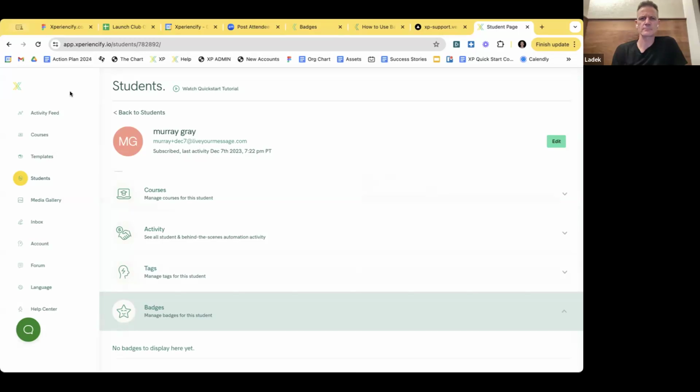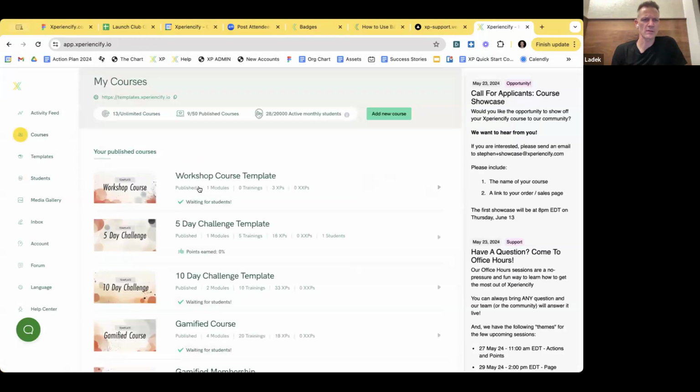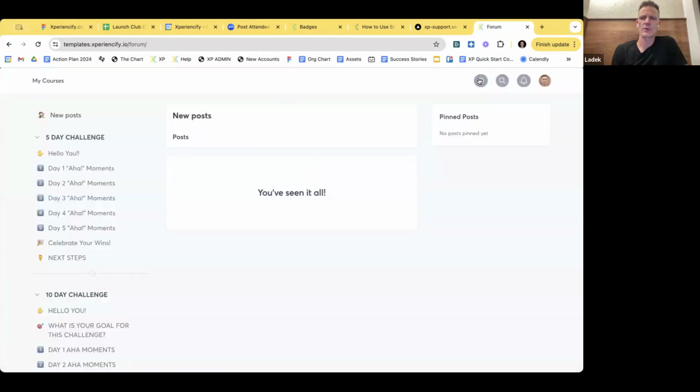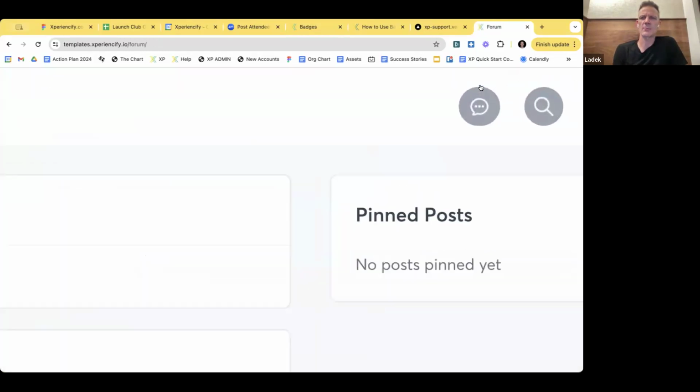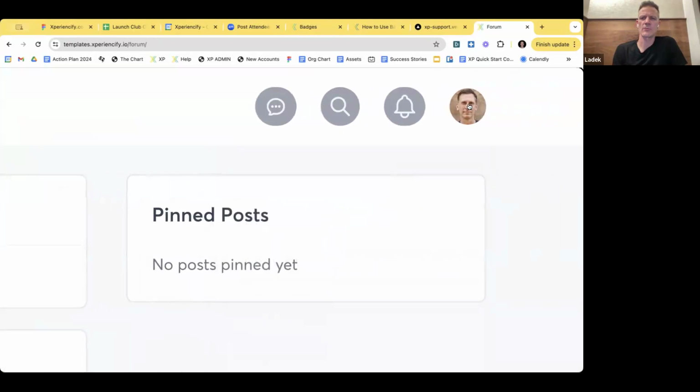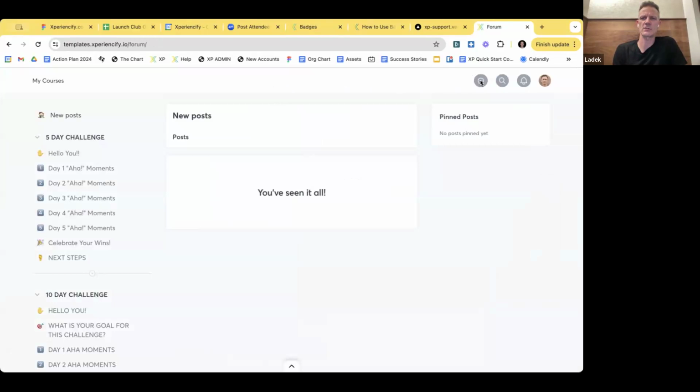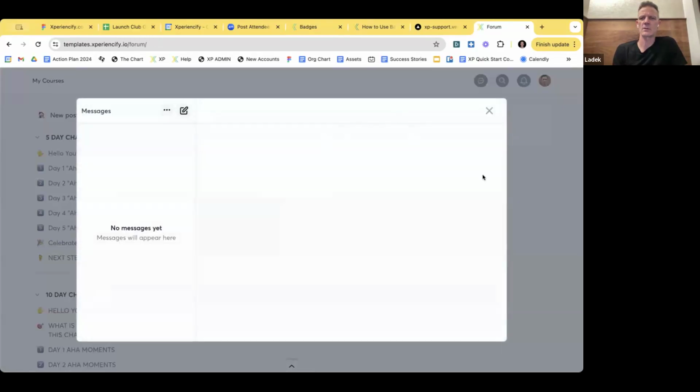Again, I will share my screen. Let me move some of these tools, and I will go into preview, or it may show up here. Let's find out. Yeah, so here at the top right-hand corner, you've got your profile, you've got notifications, and then right here is a direct messaging system. And so when the student clicks on that, they're able to send you